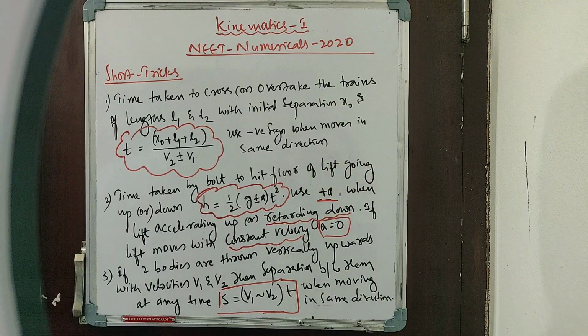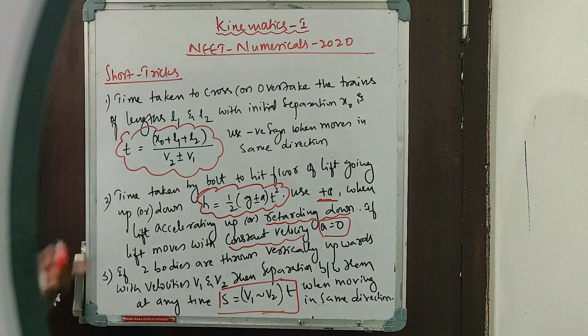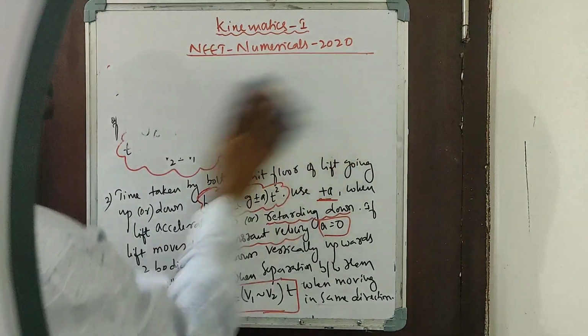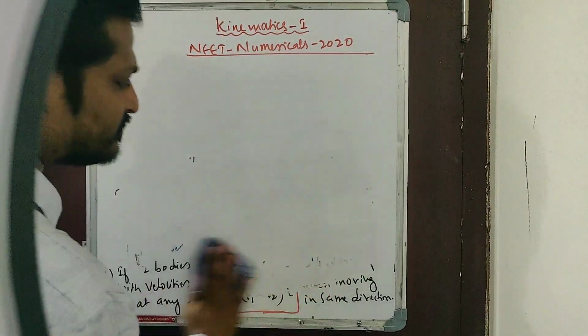We have a derivation for all of these, but for now, for the shortest way to remember, I have given a hint so that you can recollect it faster. So you try to go for this one. Let us try to do some numericals based upon the given condition. I hope you are clear with this. You can pause the video and see the lecture again whenever required. Let us try some numericals based on this.